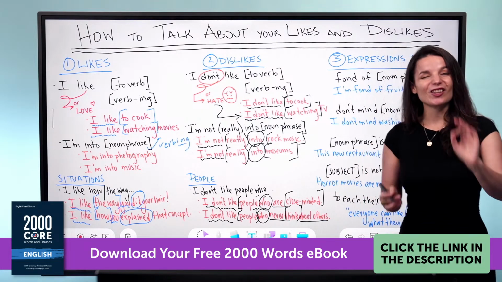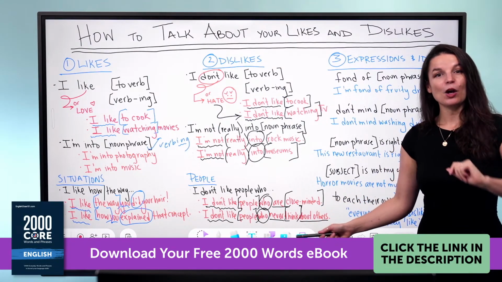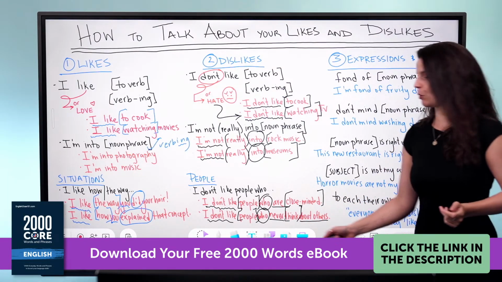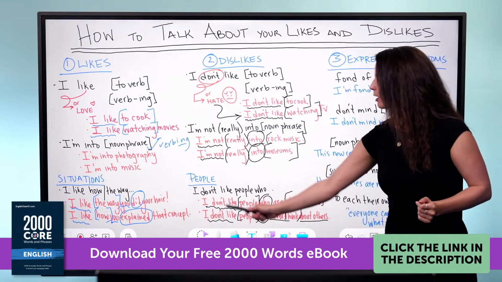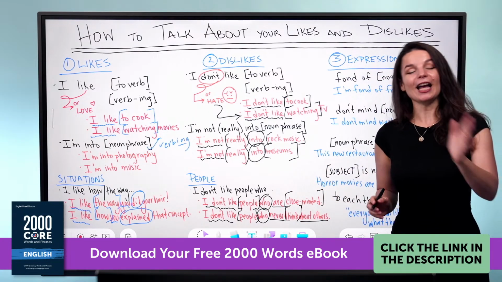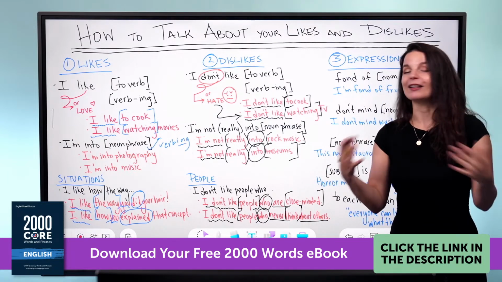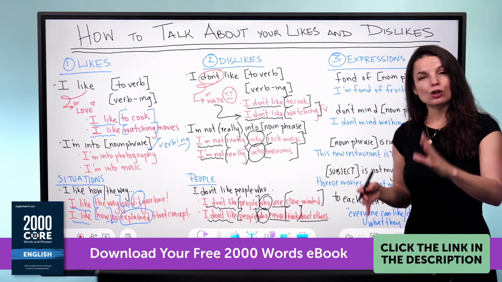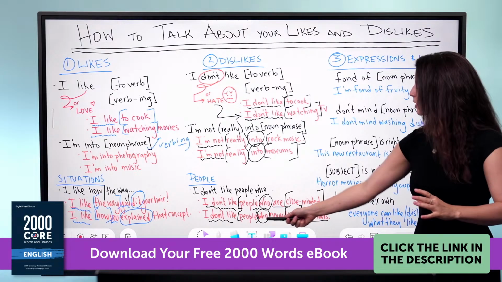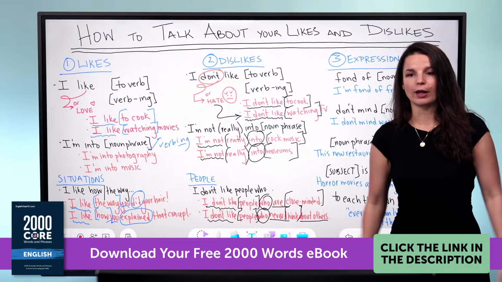So we can use this to talk about actions that we dislike. And again, we can make it positive by removing don't. So I like people who think about others, or I like people who pay me back, right? I like people who clean their house, yeah? So we can use this pattern to talk about actions, this pattern to talk about personalities. Okay,